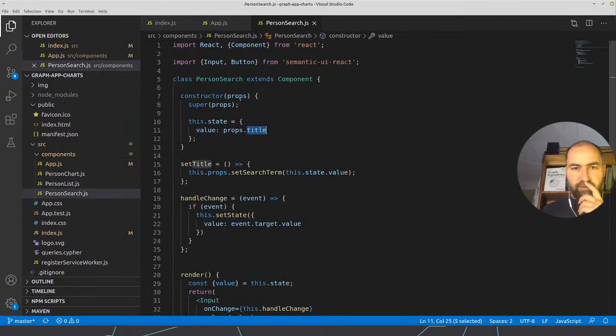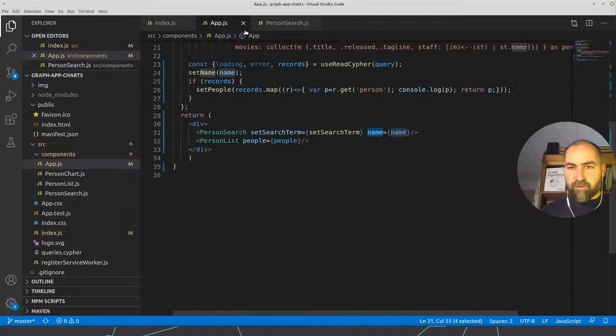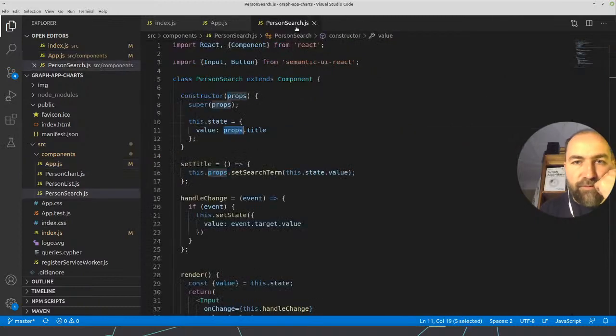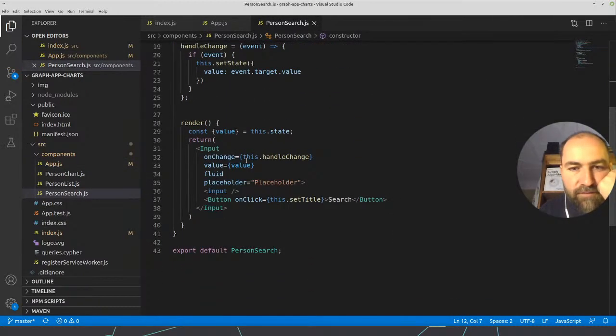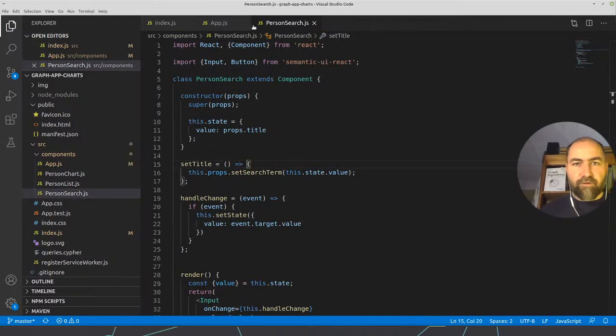So name is, why is this name and not title? Shouldn't this be title? So I pass name as a property here, but I don't use name anywhere here. I think that's an old bug.